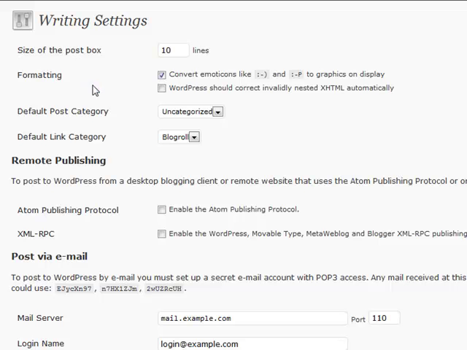All right, write settings. This basically will allow you to do a couple of different default actions for writing blog posts, as well as some advanced blog posting actions. First of all, we're going to cover the size of the post box. Whenever you're posting a new post or page, and you have a lot of content that you want to do without toggling to the full screen, you want to be able to just adjust the size of the